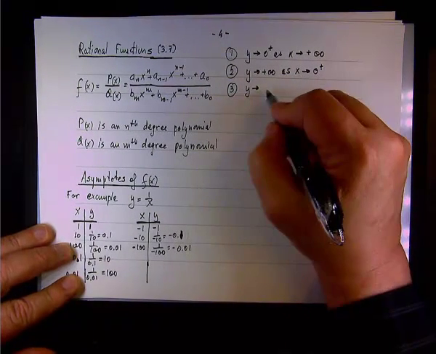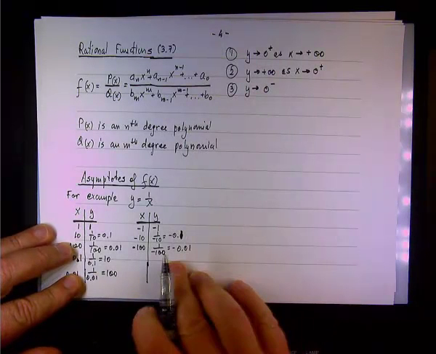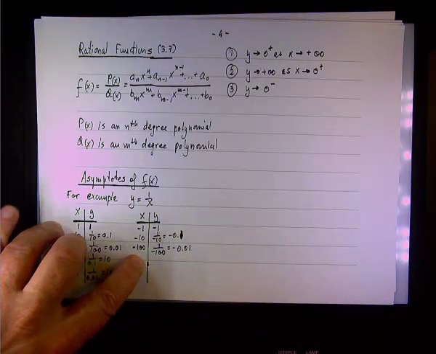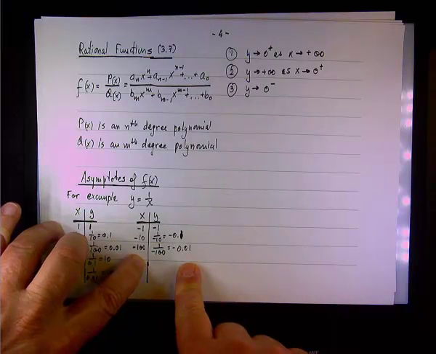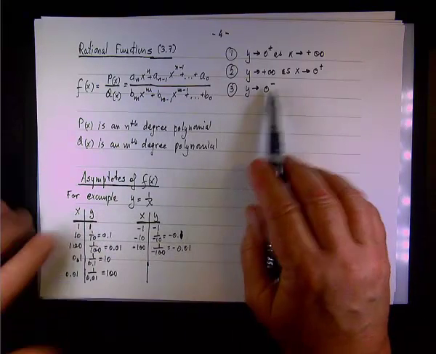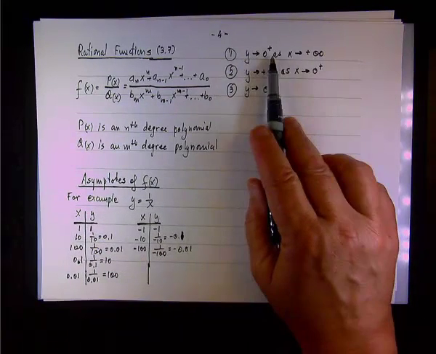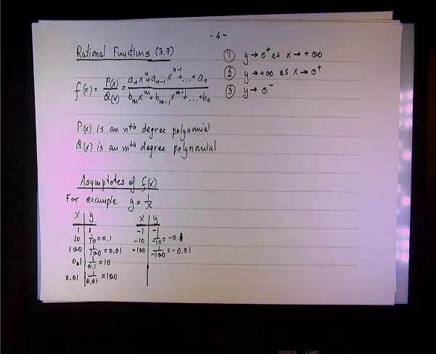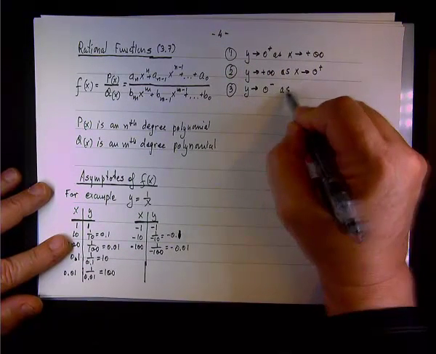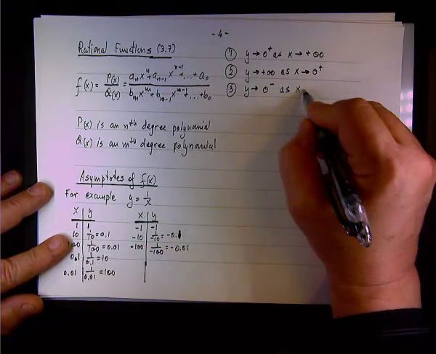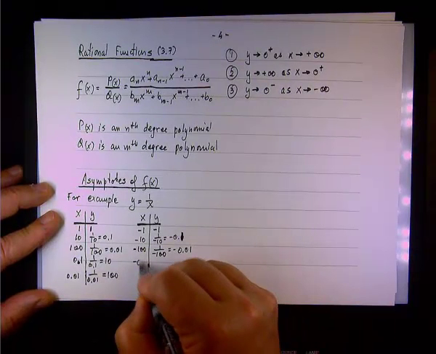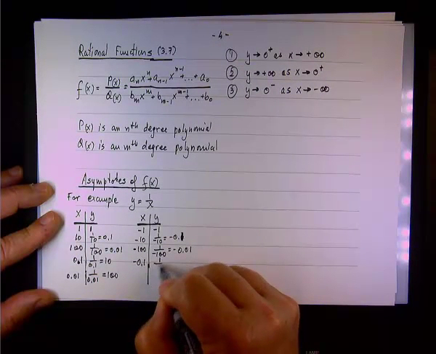So we have the third property here. The third property states the following, that y approaches 0 but from the negative side. Because notice that if we increase the negative values, go -1,000, -1,000,000, we're going to still have a negative number, but smaller and smaller, closer to 0. So this indication, 0 plus or 0 minus, tells you from which direction you approach the 0. And this happens when x approaches